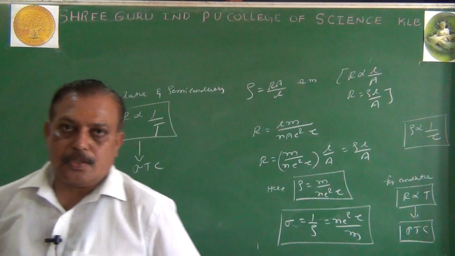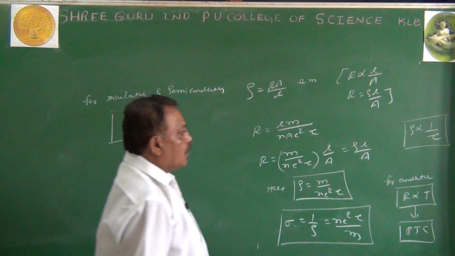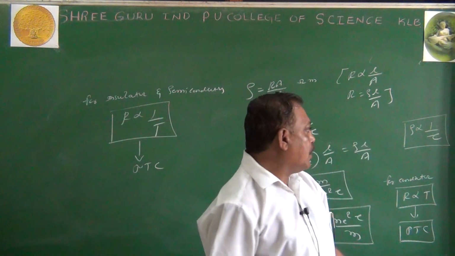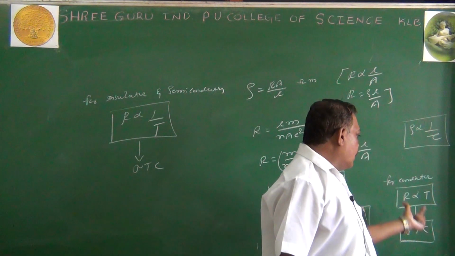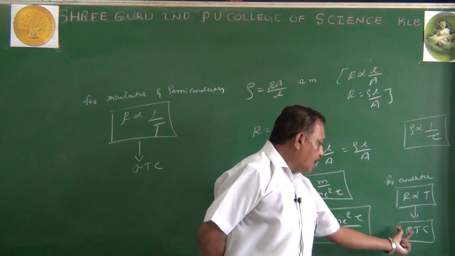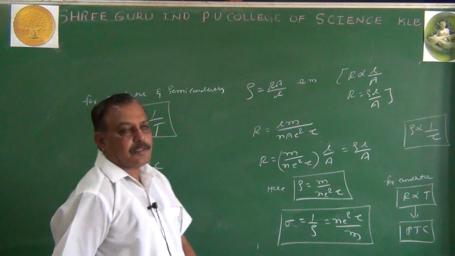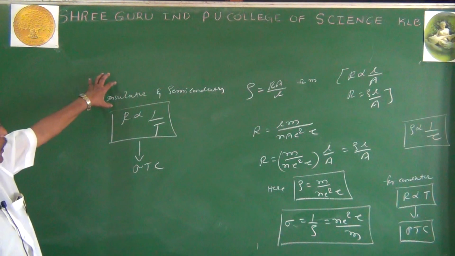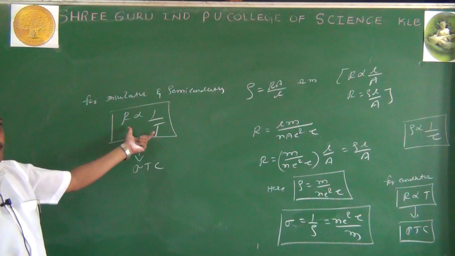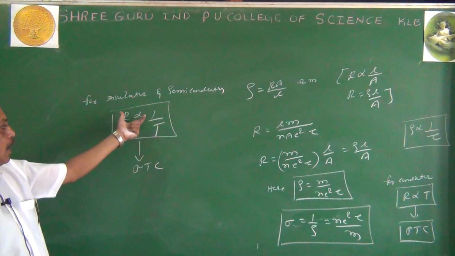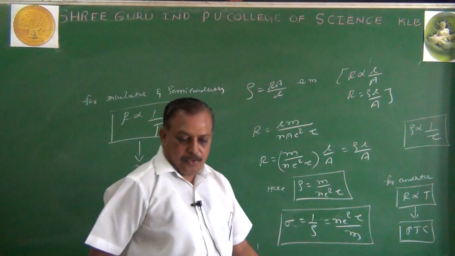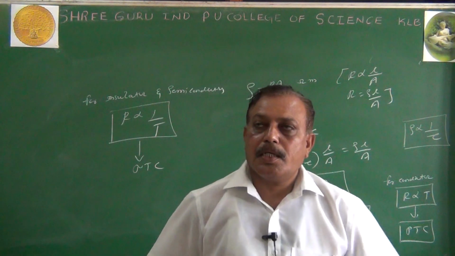So for the conductor, usually in current electricity we are dealing with conductors. Resistance increases with temperature. Now this is the root cause for that. Then what is the relation between resistance and temperature? Directly proportional for a conductor. Hence they belong to positive temperature coefficient materials. If you come across insulators and semiconductors, what is the relation between resistance and temperature? Inversely proportional. R is inversely proportional to T. Hence they belong to what? Negative temperature coefficient. Now this is about the temperature coefficient of the materials.